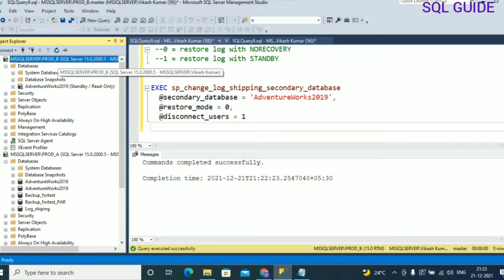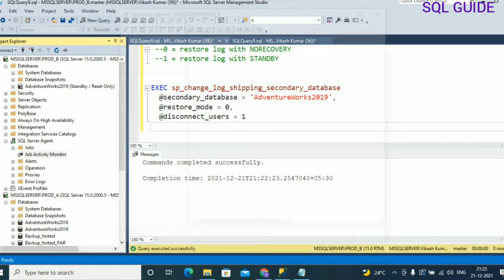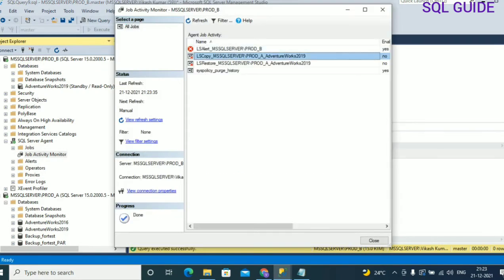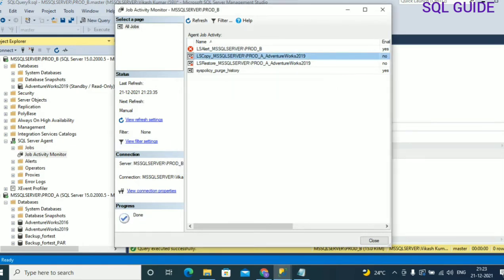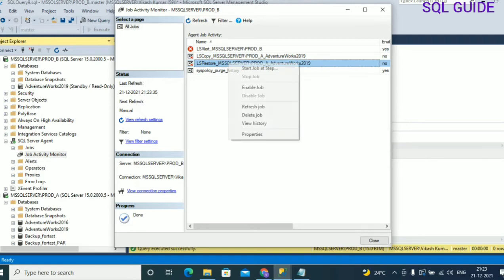Now connect to the prod_b log shipping secondary instance. Go to Job Activity Monitor and run the LS copy job. You can see the job completed successfully. Now run the LS restore job.